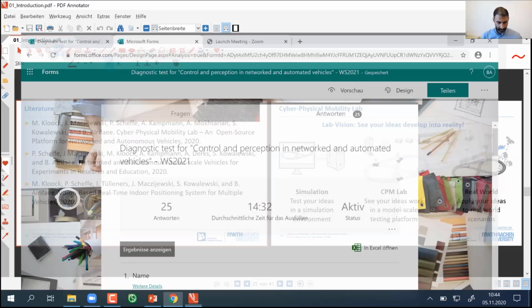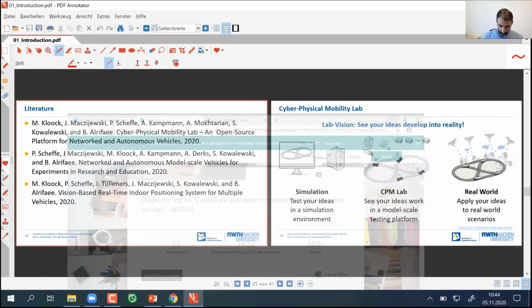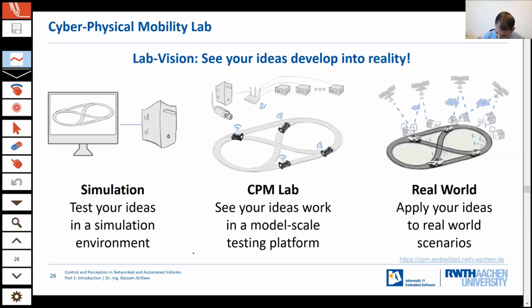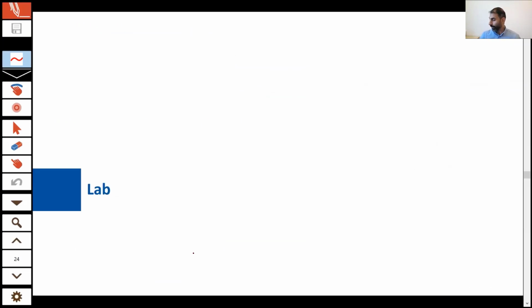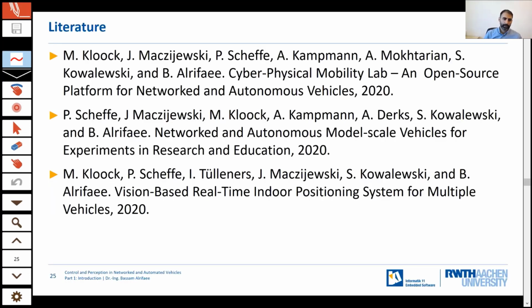So we had the diagnostic test, and now I would like to present the lab in some more detail because it is very related to this lecture. I should be able to switch slides. I'm trying to do it. Yeah, now it's working. At the beginning of each part or subpart of the lecture, you will find some literature